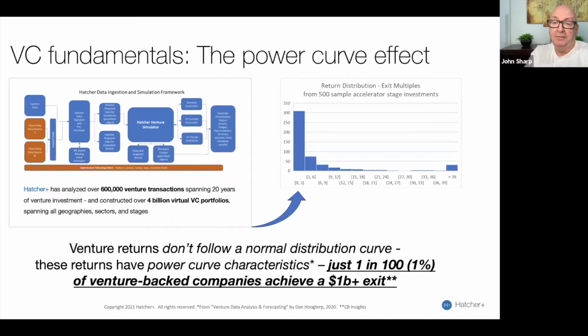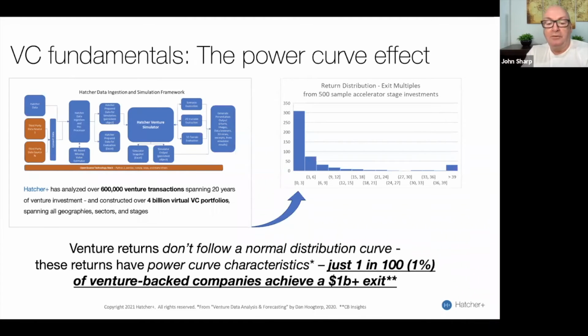If you have a 20 company portfolio, suddenly you can start to see that the odds are not really working in your favor. Because as Peter Thiel and many other people have said, if you lack that one big company in your portfolio, it can be very, very difficult to get the fund to return a good multiple, or the kind of multiple that investors want to see.